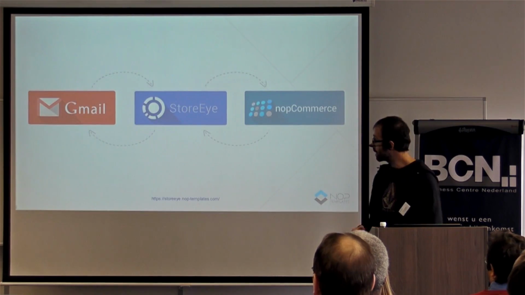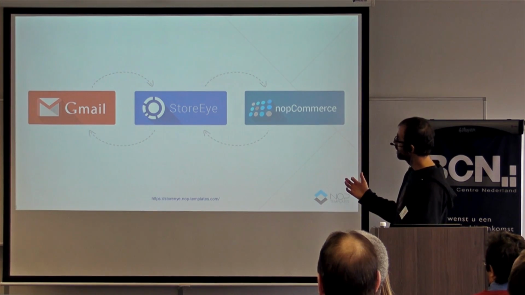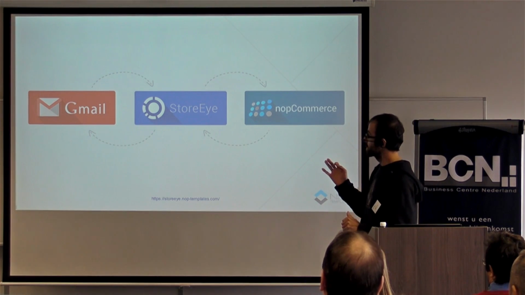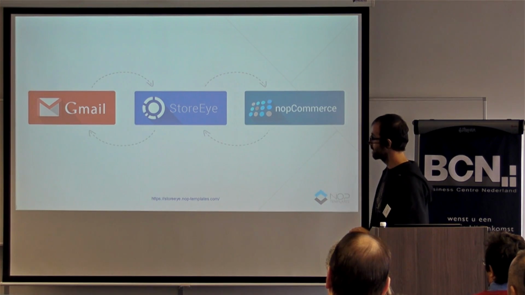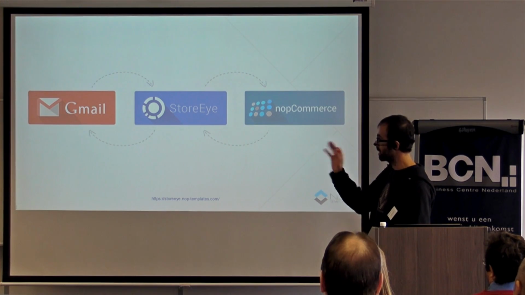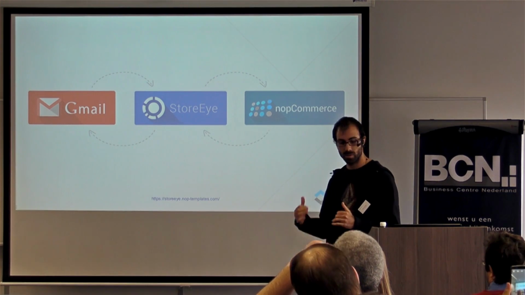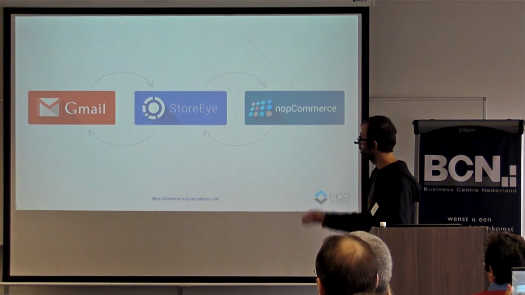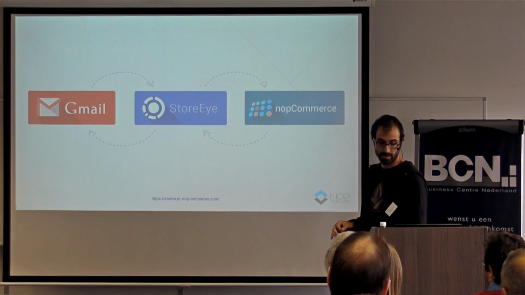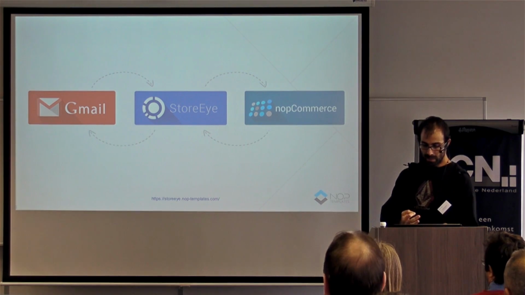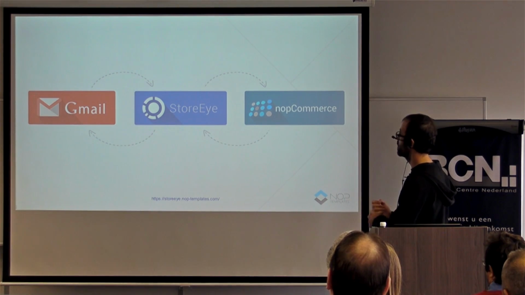And this is a very high-level overview of our solution. It consists of three pieces of software. It has a browser extension which integrates with Gmail. It has an intermediary service we've called Story, which talks to the browser extension in Gmail and respectively talks to nopCommerce. So we developed the browser extension, we developed the intermediary service, and there was one final piece that